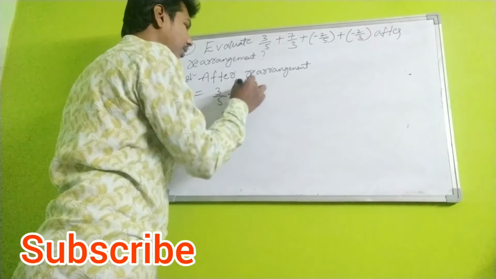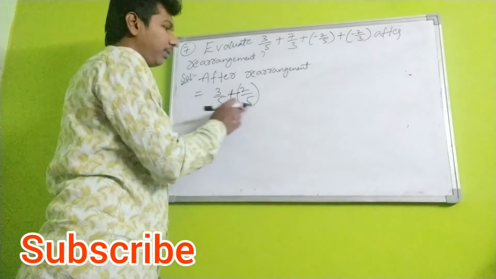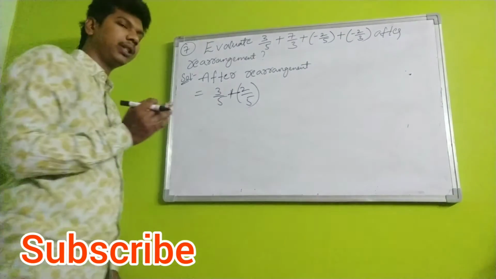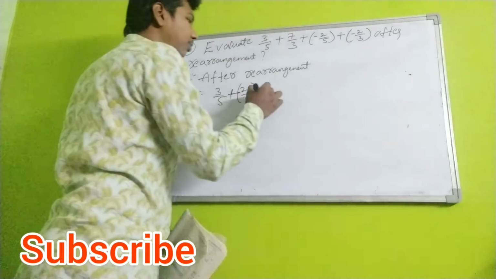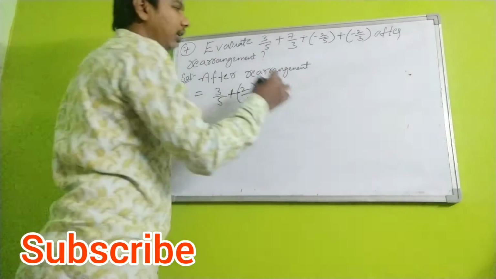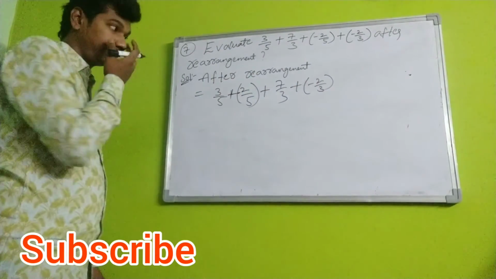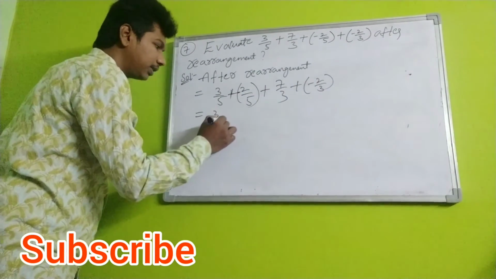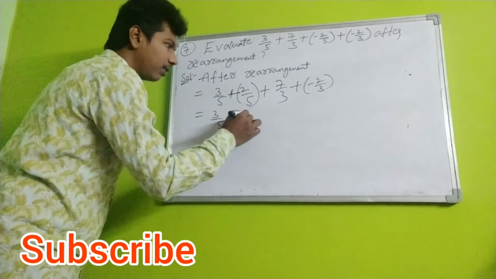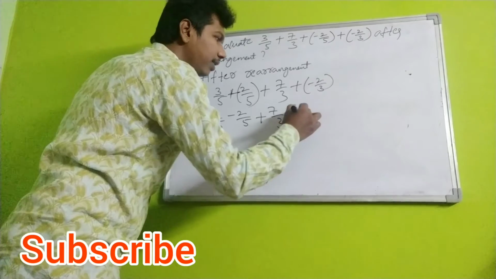Next step we will simplify the symbols. Both the denominators 5 fractional parts I wrote on one side. Next one more is plus 7 by 3, right, 7 by 3. Similarly plus minus 2 by 3, one more denominator part, 2 by 3. Now simplify the symbols first. 3 by 5 plus into minus is minus 2 by 5, plus 7 by 3, again plus into minus is minus 2 by 3.